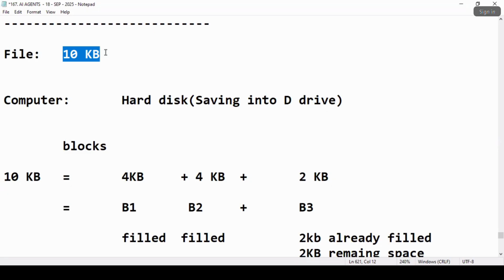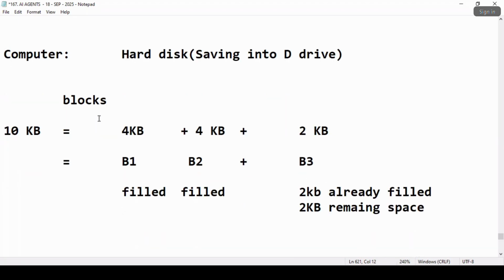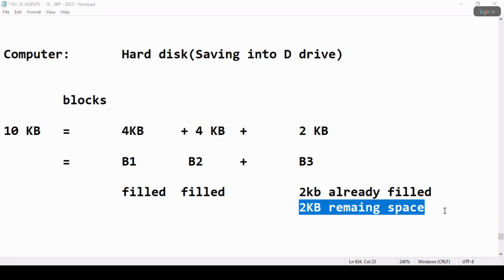It will store the data chunk-wise. Whenever you're asking about the same file, it will remember. In operating systems, especially Windows, there is a limitation: the remaining 2 KB, it never uses. But Hadoop will use it, and that's one of the great added advantages. That is Hadoop HDFS. If you know big data, you will get to know.